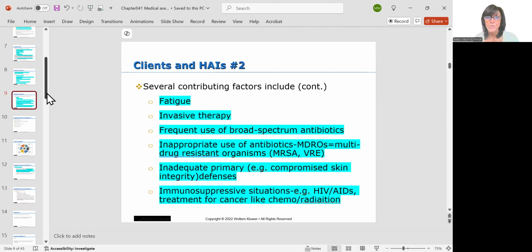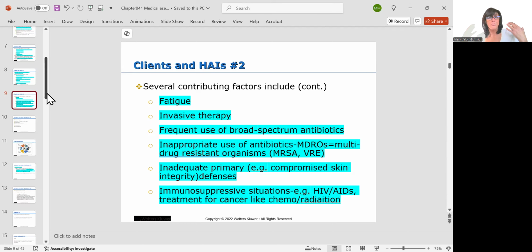Frequent or inappropriate use of antibiotics. So, in other words, you get an antibiotic for a bacterial infection, it's prescribed for 7 days. You feel better by the fourth day and you go, I'm not going to finish taking them. Not good. What that does is that gives the bacteria a little taste of that antibiotic and allows it to become what we call an MDRO, a multi-drug resistant organism. Okay. And when you think of multi-drug resistant organisms, think of things like MRSA, methicillin resistant Staph aureus, or VRE, vancomycin resistant enterococcus.